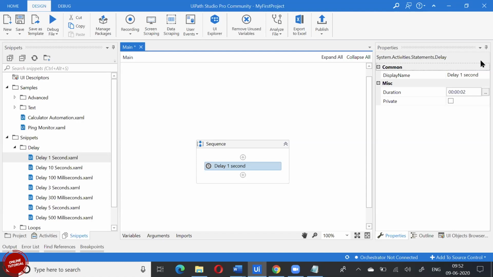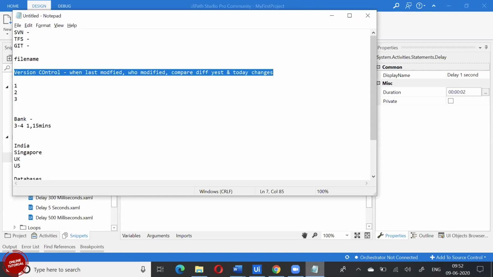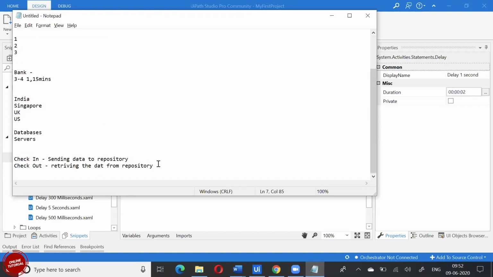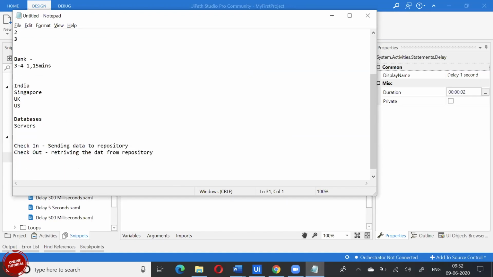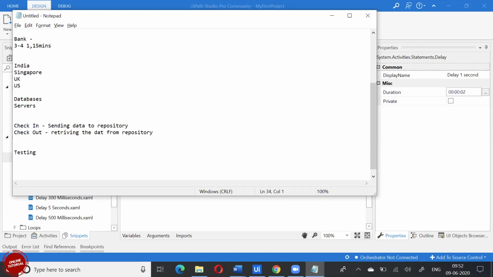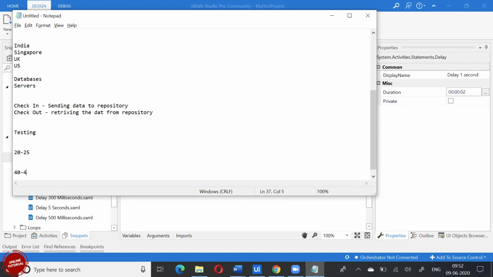How do you decide that the browser is going to take 10 seconds? Yes, that will vary. Once you design your process, the design part is the easiest part in automation. The question that you asked comes basically when we do testing. Designing, as I said, is very easy. When you do testing, usually in normal software, we might be testing 20 to 25 times. Here we usually test 40 to 45 times.